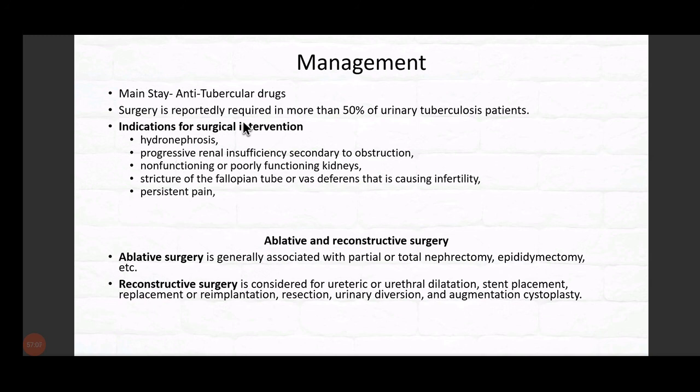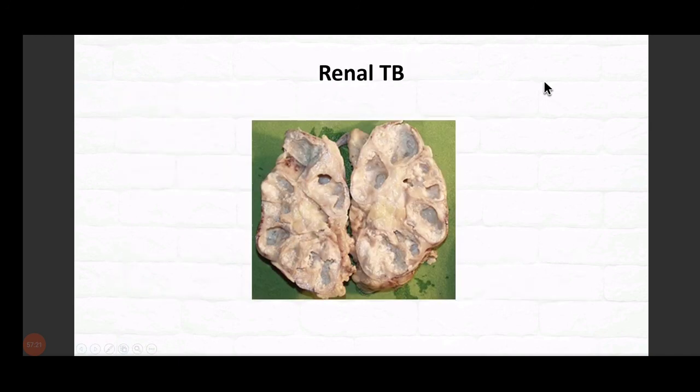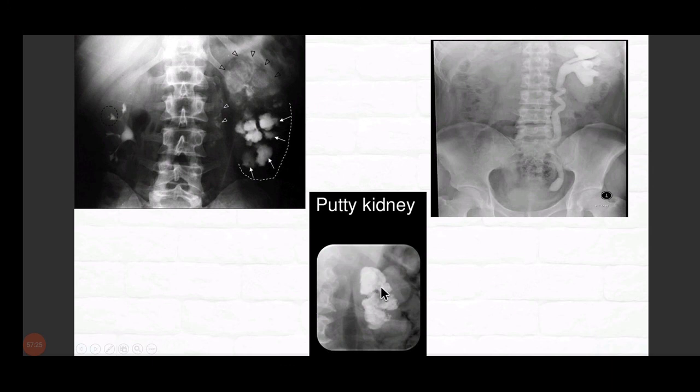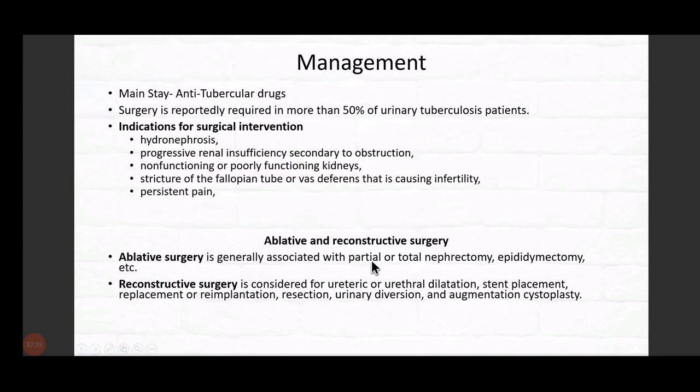What kind of surgery is done in renal tuberculosis? There are 2 kinds of surgeries. One is ablative. That is, the organ has been damaged. It has to be removed. Like the image which I have shown you. Like this. Perhaps this, or if the kidney was like this, if it was a putty kidney, then you will have to remove it. So depending on the involvement, it could be partial or total nephrectomy. If the epididymis has been